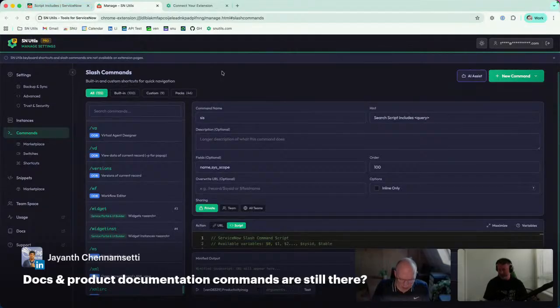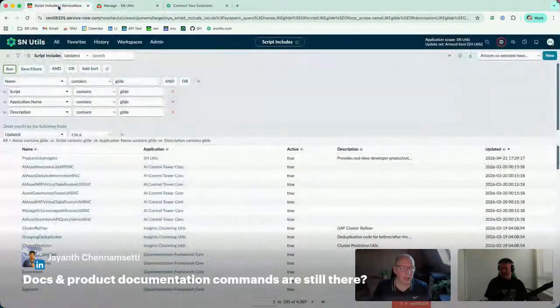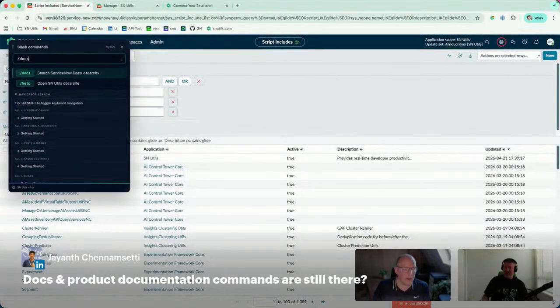Yeah, so I always used to have the docs commands. I clarified that docs is the ServiceNow one, and help is looking at the SN Utils one. Okay. It's an important differentiation. Yeah, and also what you see here,